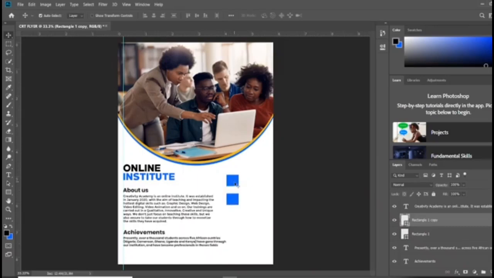Okay, I want to duplicate this other one as well. Ctrl J to duplicate this. I'm going to bring it down as well. And you have to make sure the space in between these is the same. Okay, so the next thing I want to do now is change the color of